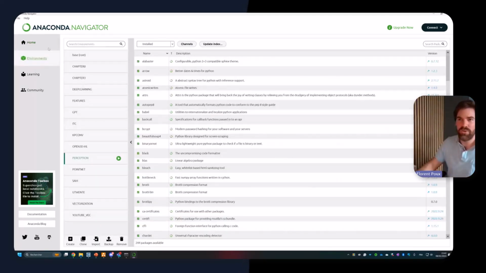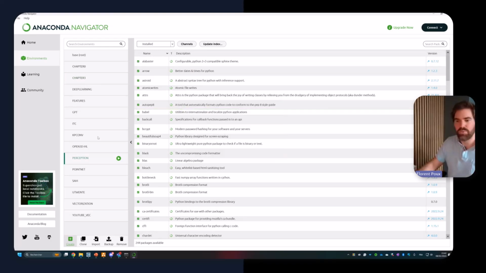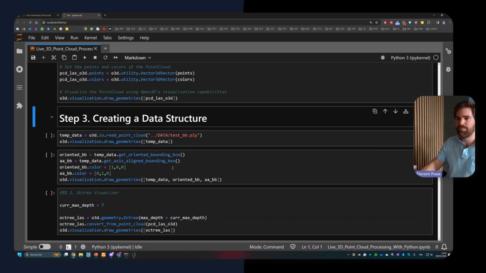Just quickly, with a GUI, answering the question of how we create an environment. You just go to environments, create, and new env, that's your name. You click on the Python version that you want, and you click on create, and it's created. That's the easiest way to get started. I see the time is running very, very fast, so let me get back to the